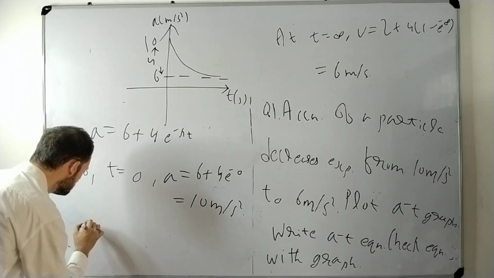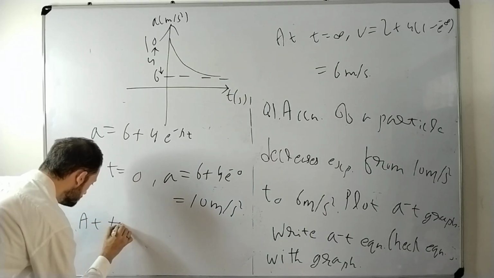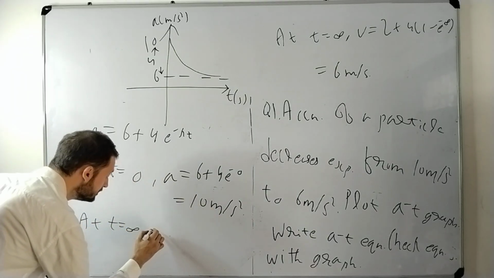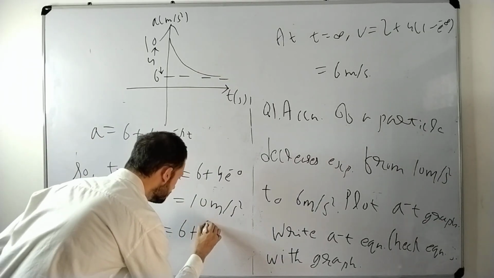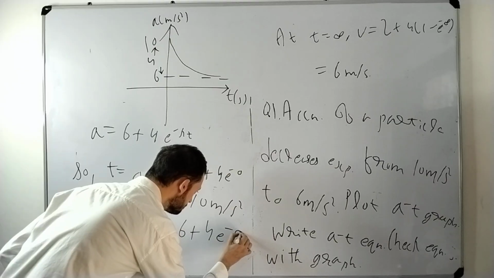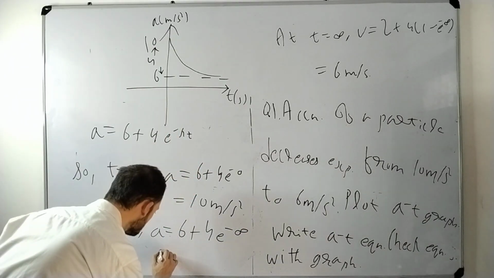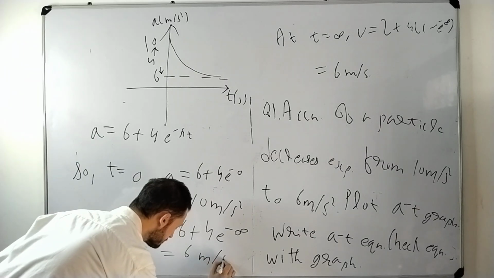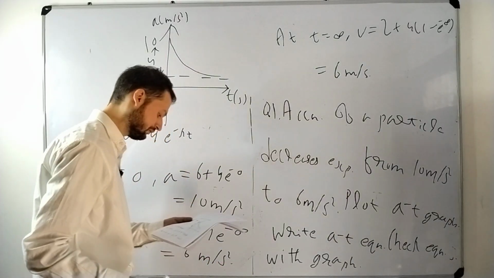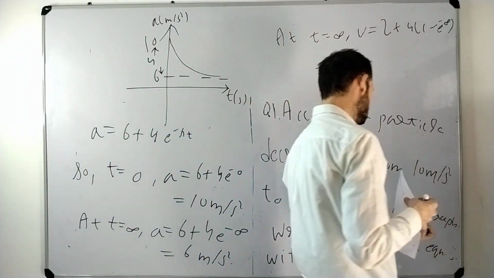And this is at t equal to infinite. This is again what? 6 plus 4 e minus infinite. This happens to be what? 6 meter per second. Okay. The next,